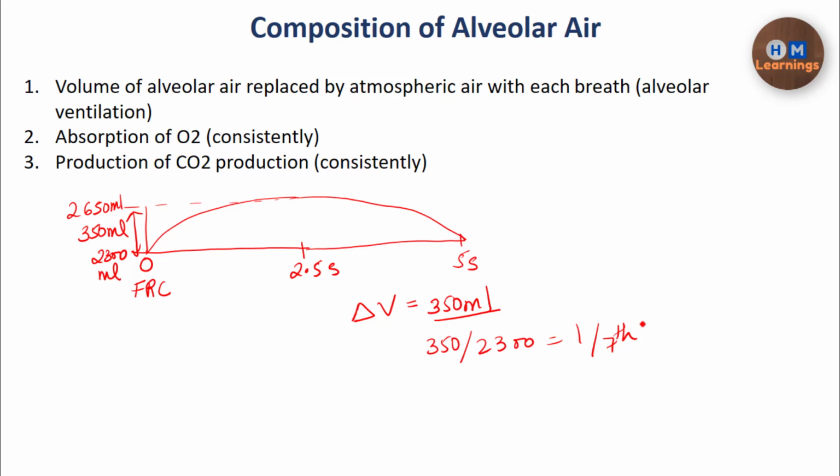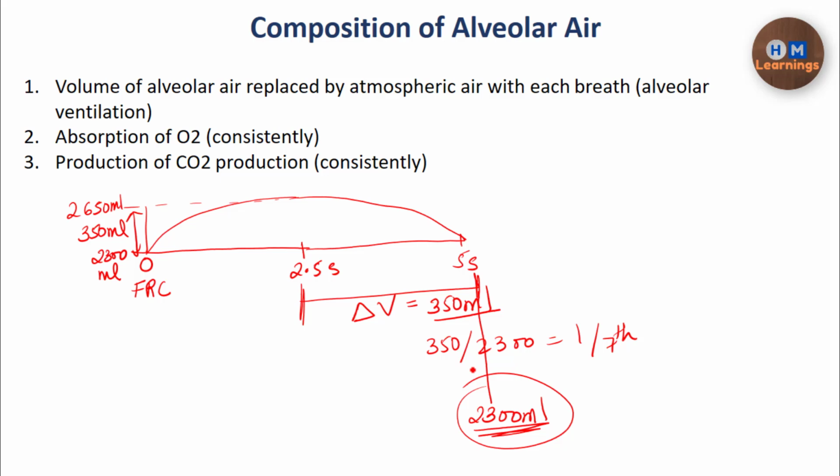So you can see that because the process of breathing, or the process of the exchange of gases, is continuously happening, that 2300 ml of air is continuously exposed to the lungs, to the blood. So what is happening? At the end of the inspiration, 2300 ml of air is there. This air is continuously exposed to the blood. The oxygen is being taken out from it and the carbon dioxide is added into it.